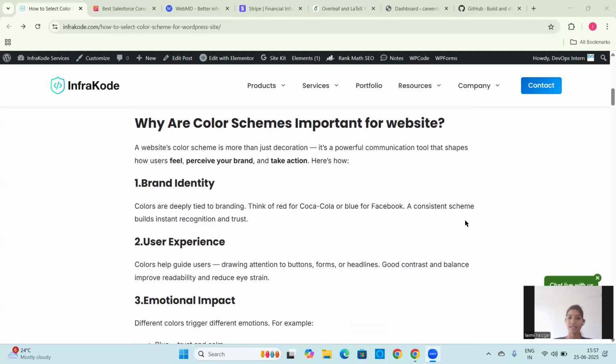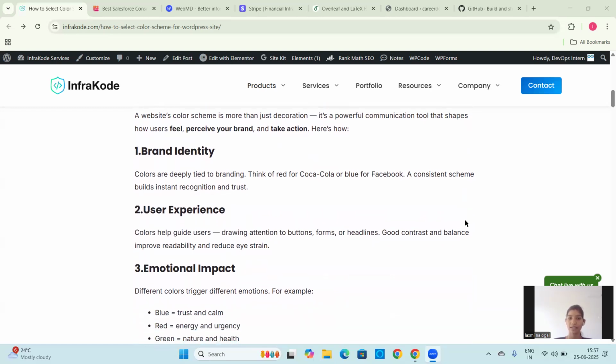So next we understand why color schemes are important for a website. A website color scheme is more than just decoration. It is a powerful communication tool that shapes how your users feel, perceive your brand, and take action on your site. So first is brand identity. Colors are deeply tied to branding. If you think about Coca-Cola, the color you recognize is red.